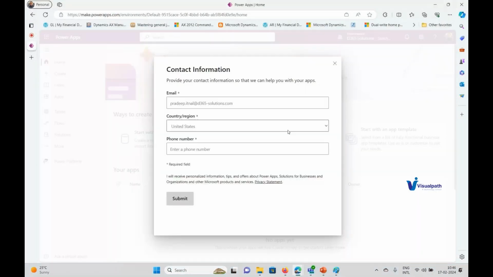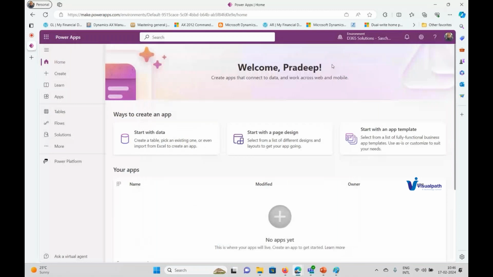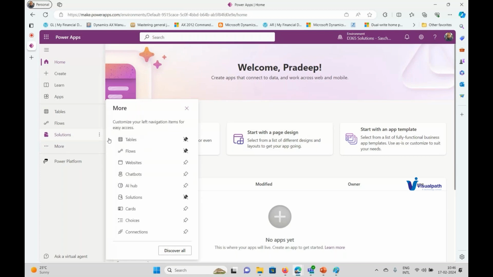Say for example, you are creating a portal for people where they can buy some stuff online, just like Amazon, but very light, right? They can buy and sell hardware items using Power Pages. So that we also created using Power Apps. And in Power Apps, what else can you create? You can create a chatbot. You can create a website. Flows we covered, right?